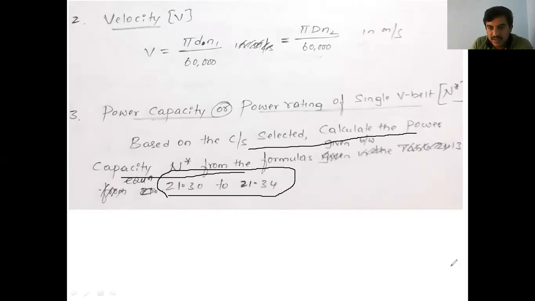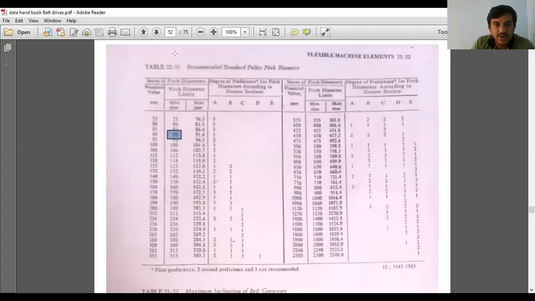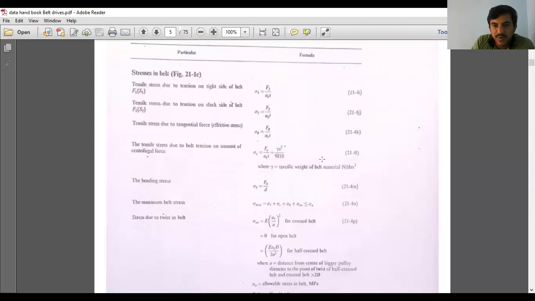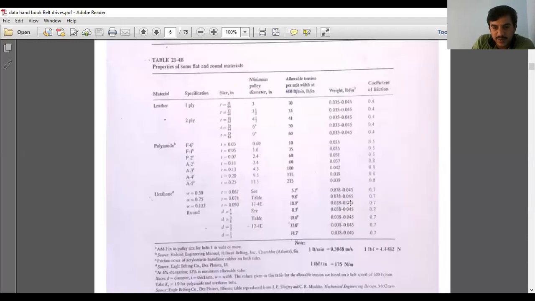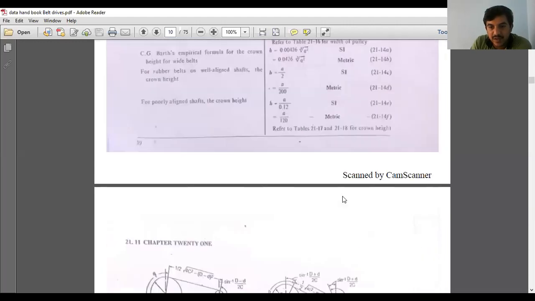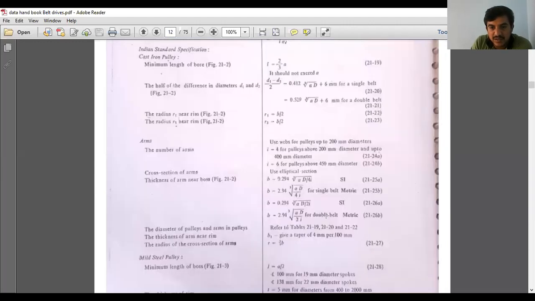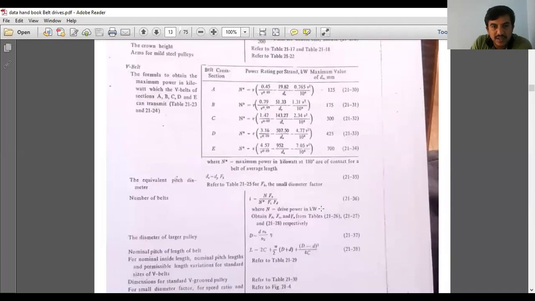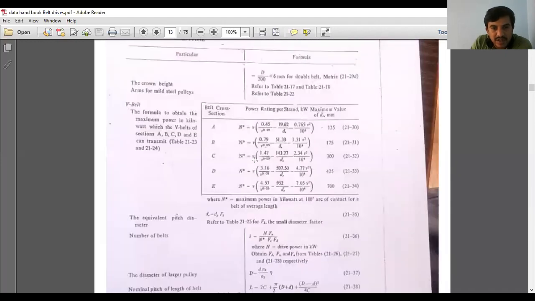So again, see the data in the book, equations 21.30 to 21.34. See this, for the V belt here.